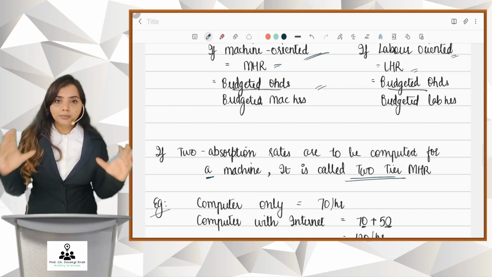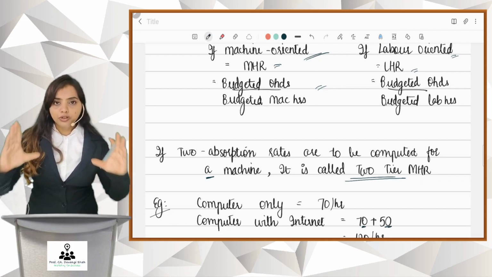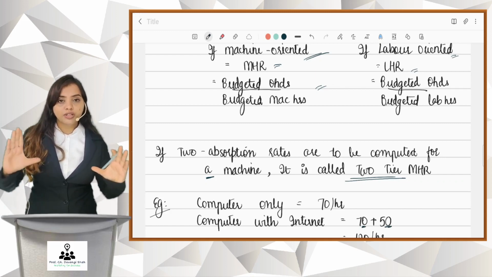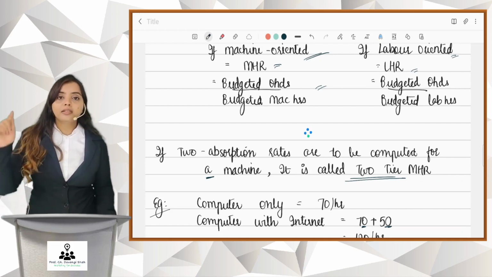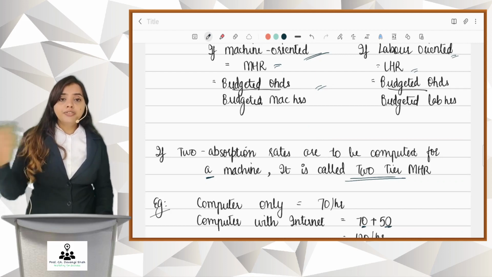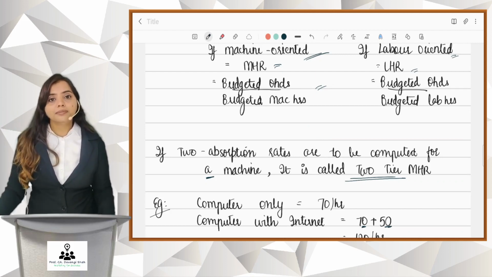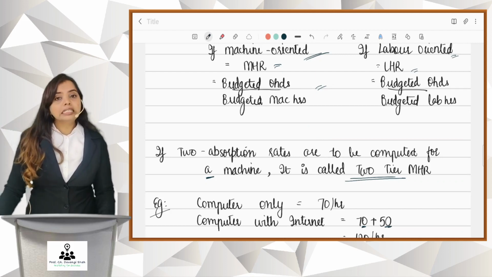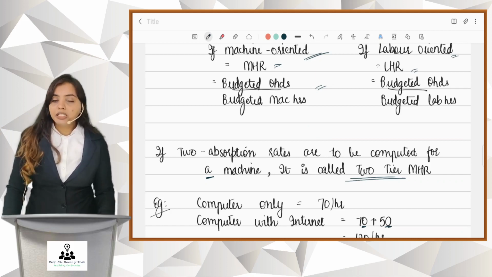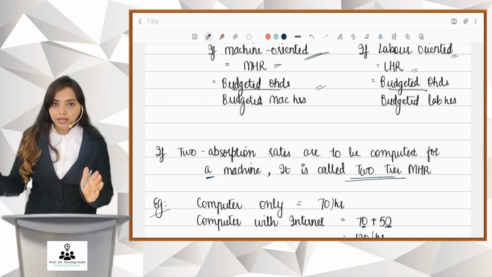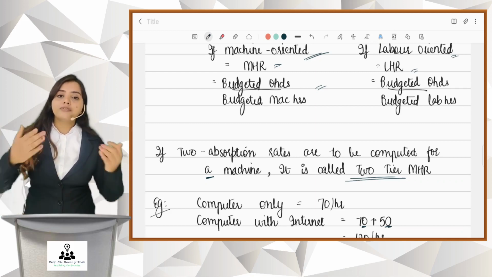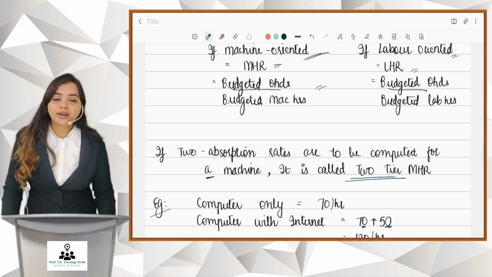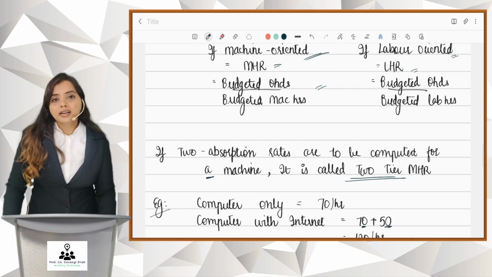There is one machine, the computer. If you use only the computer, you are charged 70, and with internet, you are charged 120. One machine, two absorption rates, called two-tier MHR. The difference is just of one facility. Got it? So friends, this is two-tier MHR. Remember, the absorption rate can be one for the company, can be department-wise rate, you also have two different types of